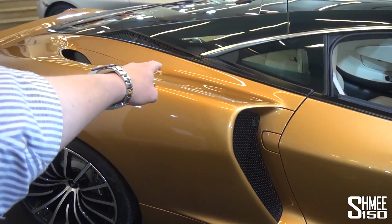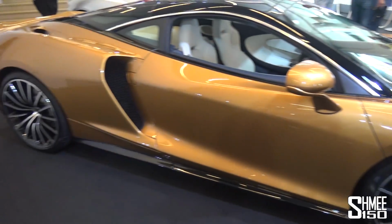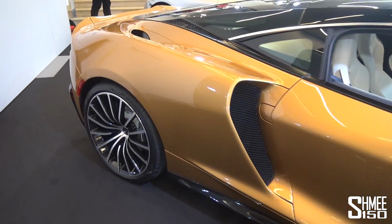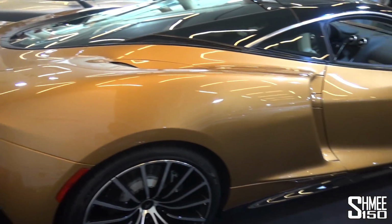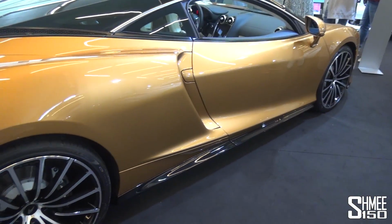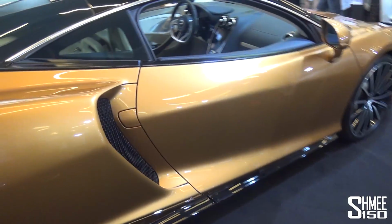The engine is still behind the drivers as opposed to up front. That means the car is a little bit longer than previous McLarens, 4 meters 68 in length in total, but still shorter than, say, an Aston Martin DB11. It's wearing 21-inch wheels at the rear, 20-inch at the front, and generally the design is